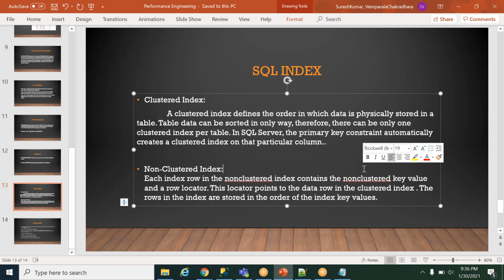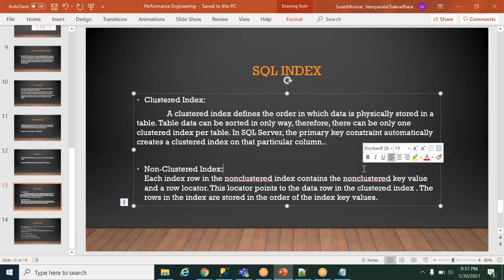Again, it has to refresh the index and set the data in a particular fashion, so that when we are fetching any data again, it will return the information very fast. So when you are inserting data, a lookup also happens in the SQL Server to reset the data in the particular fashion we created in the index. So we should not use many indexes if many transactions are always happening on a particular table.